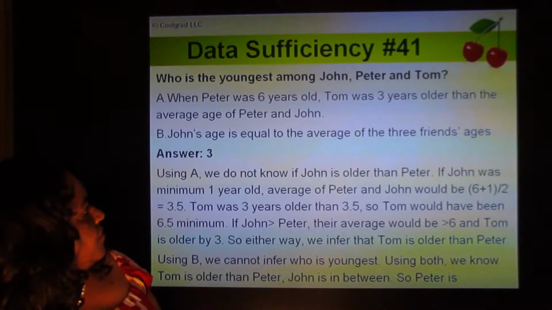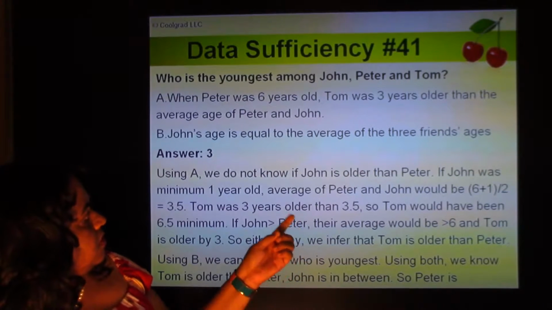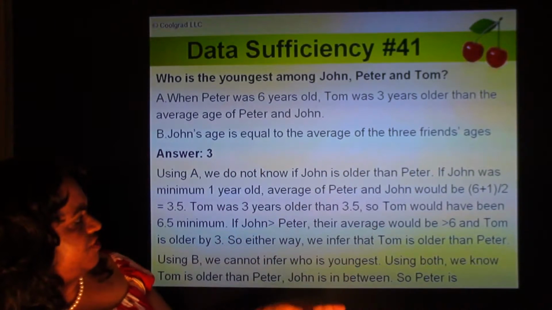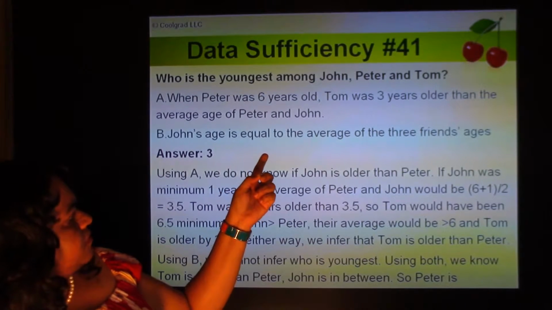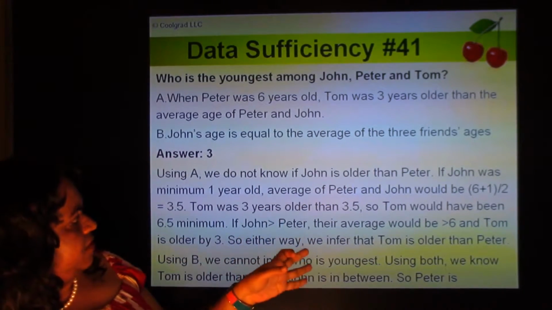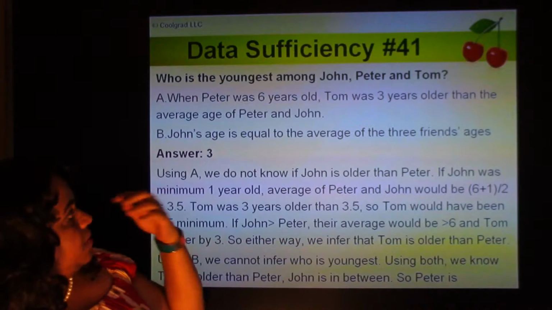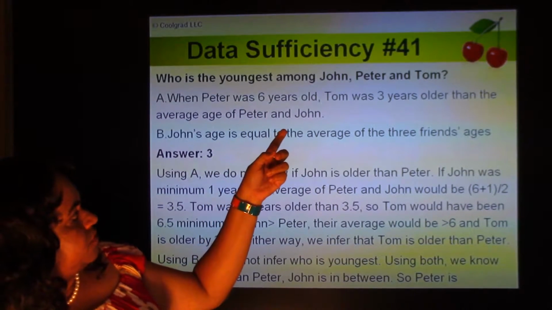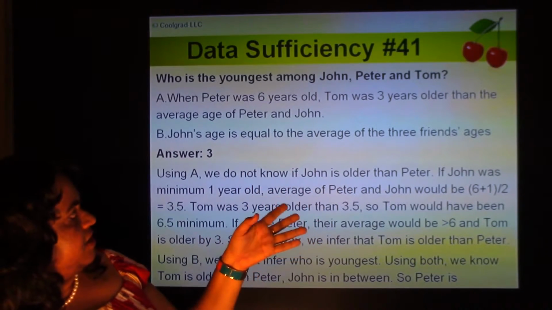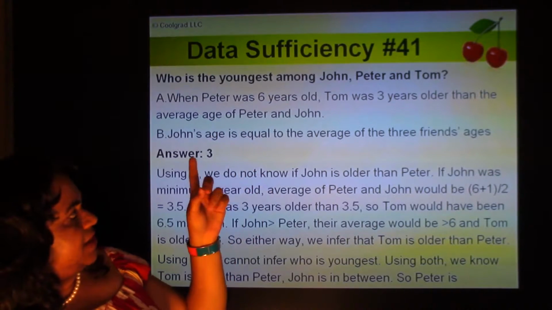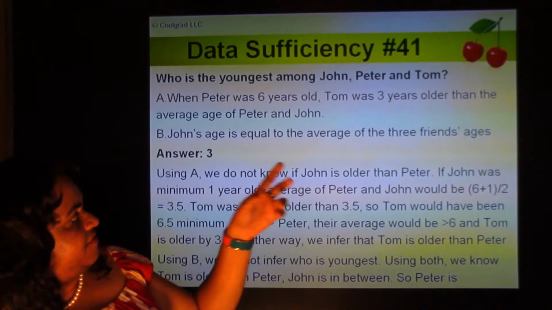But using both together, John is equal to the average of the three friends' ages, right? So substitute John's age as John plus Peter plus Tom divided by 3. That's John's age. So when Peter was 6 years old, how old was John? John was Peter plus John plus Tom divided by 3. So 6 plus, 6 plus j plus t divided by 3,